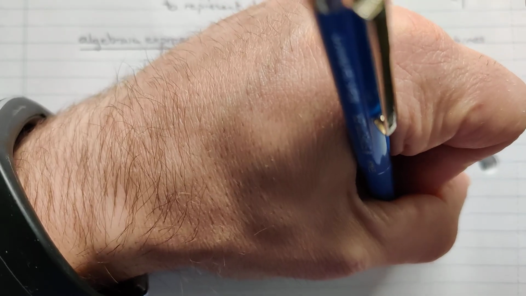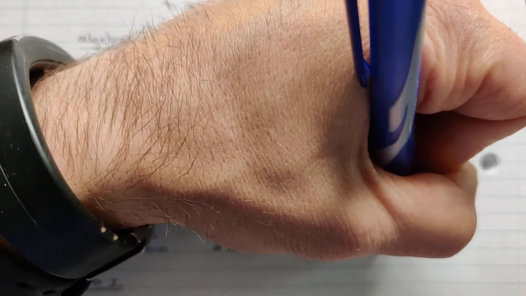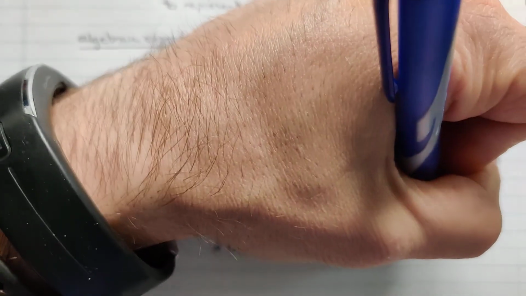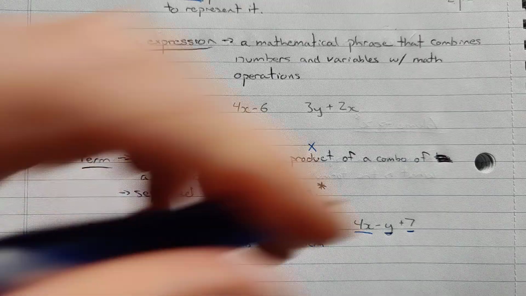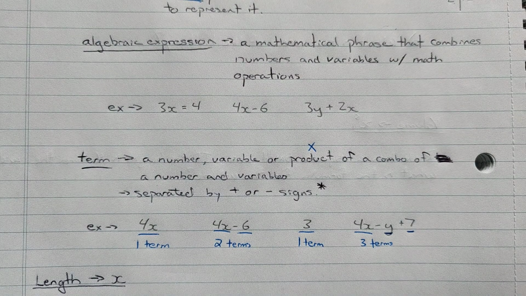And I could have something like 4x minus y plus 7. And in that case, we have a term here, an independent variable here, and an independent number here. That's 3 terms. So terms are just the separate portions of it, and those become important when we're trying to do some later